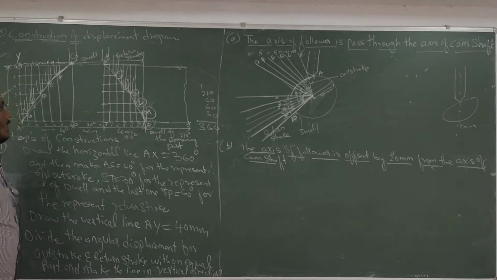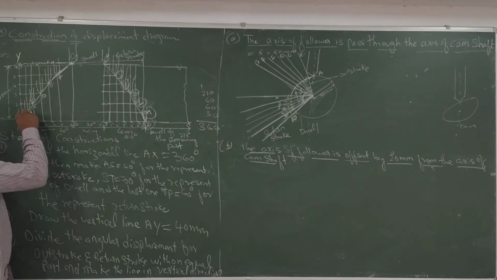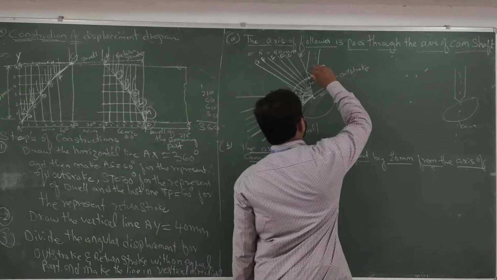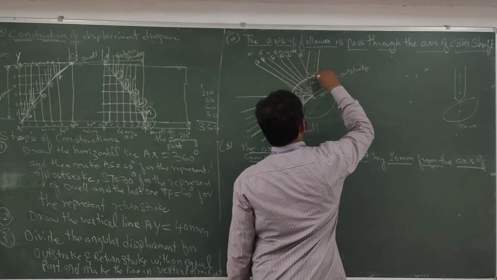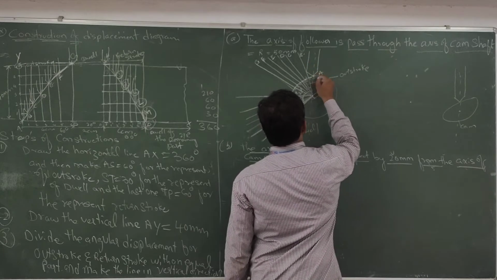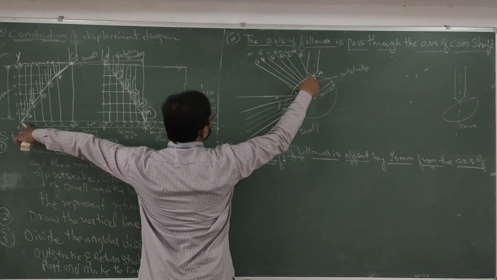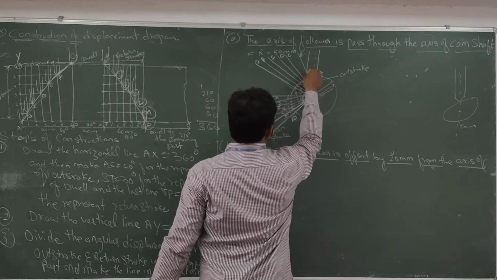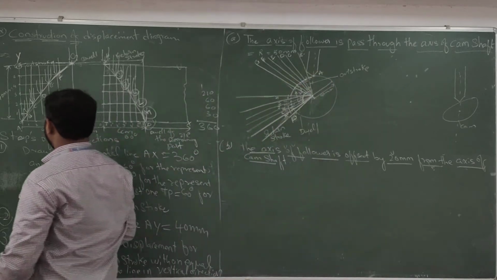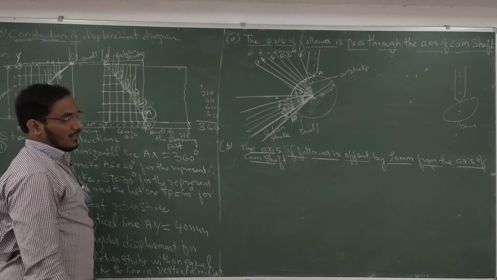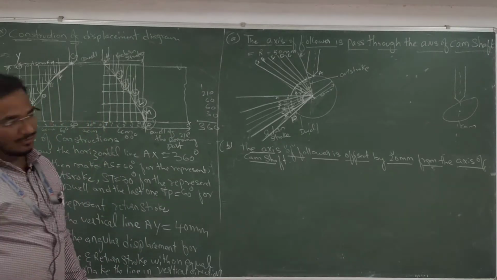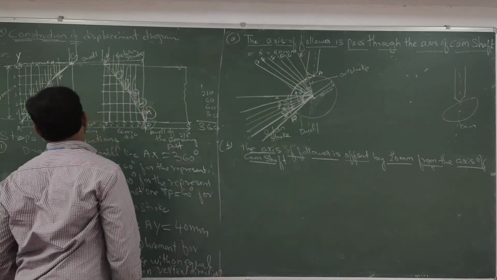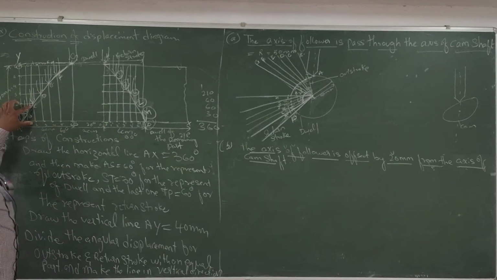Take the scale and measure this length from 1 to B, and take the compass and cut it from 1 to 0. From 0 to A is already there at the point only. Then next, from 1 to B, take the 1 to B distance and cut it here. The next is 2 to C, how much is the distance?